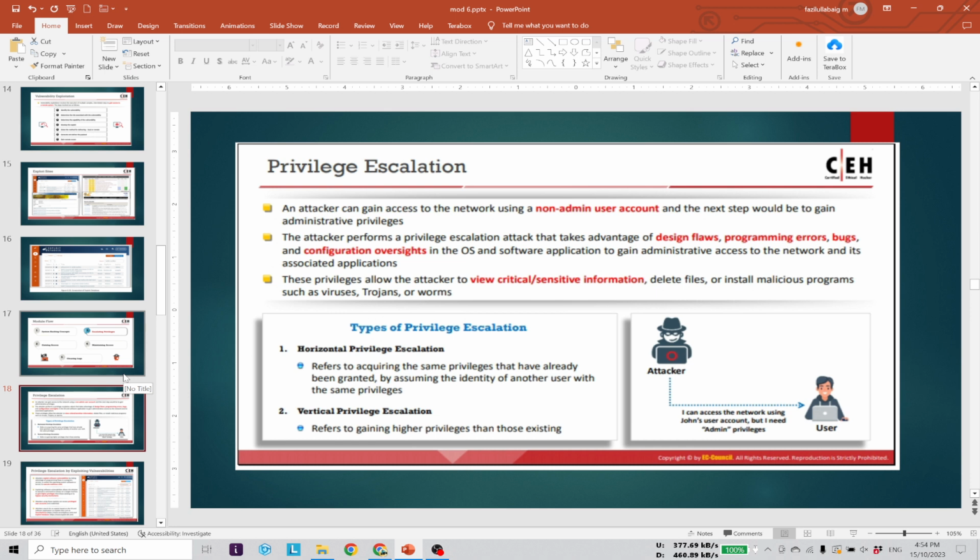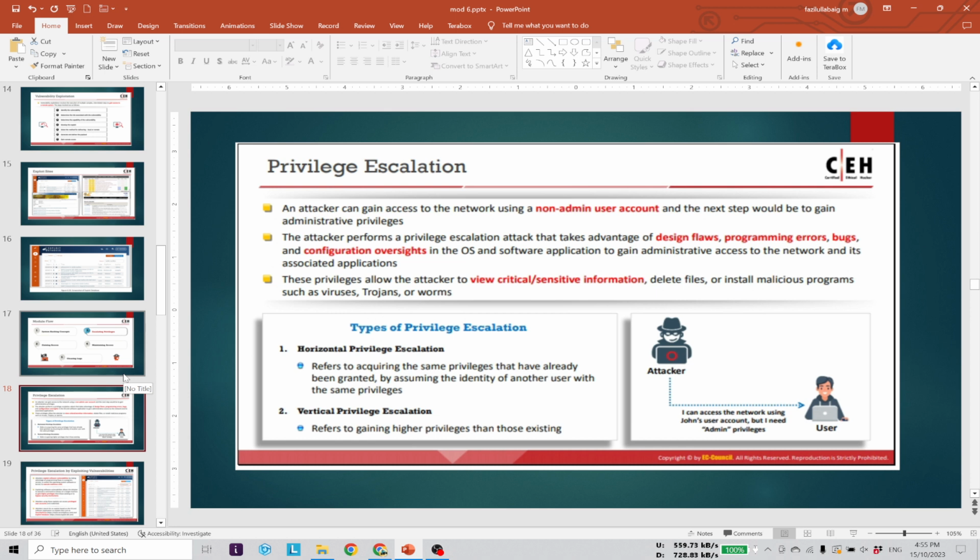It can be available in the operating system or software application to gain administrative access to the network or its associated applications. So if any weakness is available in the network or system, with the help of these bugs, programming errors, flaws, and configuration oversights,